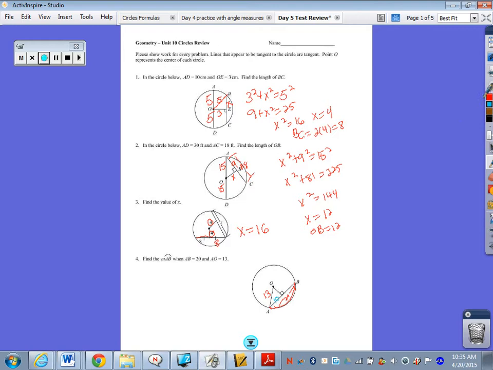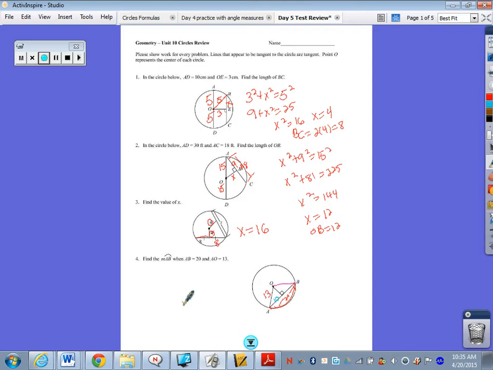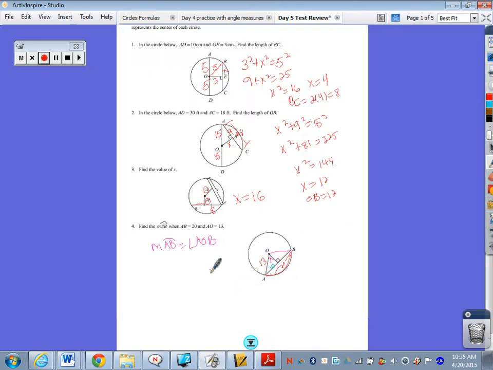I want to find the length of the arc, so this is where we need to remember that the arc is equal to the central angle. So the measure of AB is equal to angle AOB. So if I find AOB, I can find the central angle. So I'm going to call X this little angle over by angle O, and I'm going to use trig to find that. So I have a right triangle. If I redraw it here, this is X. My hypotenuse is 13. 10 is my opposite because it's across. So O and H, if you write your SOHCAHTOA,